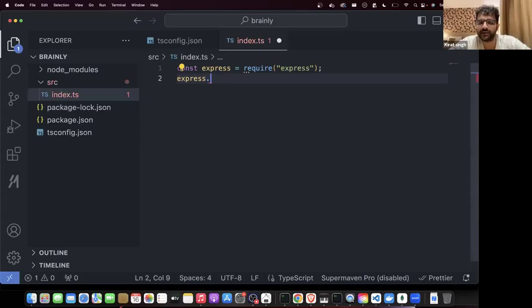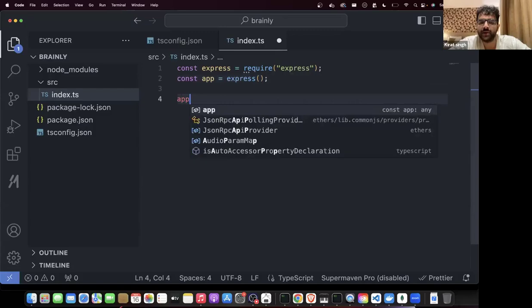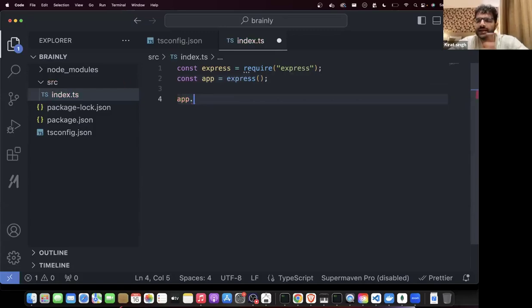As you can see, if I do express dot something, express dot something, कुछ help नहीं आ रही. Const app equal to express app dot. Why is it not giving me IntelliSense? Why is it not giving me app dot get कर लो, app dot post कर लो? Because number one, your types aren't there in this code base, and number two, require statement doesn't care about types. आते हैं ठीक है, नहीं आते हैं कोई बात.